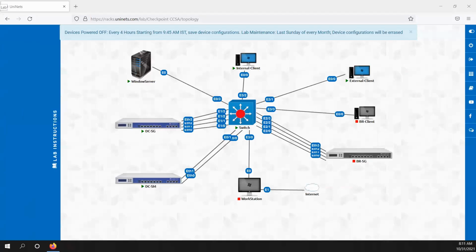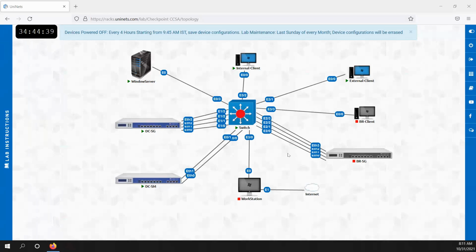I will let you know what IP schema we will put here. We don't have any dedicated management interface right now on Checkpoint. But when you have physical hardware, you would have a dedicated management interface, right?